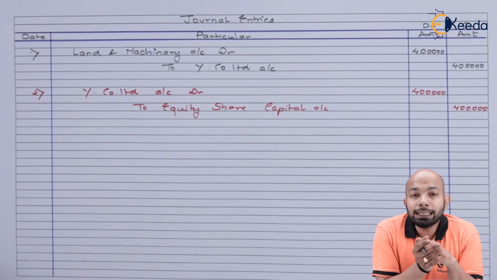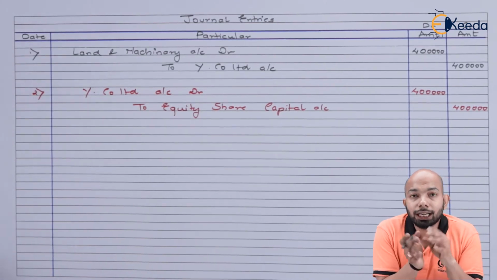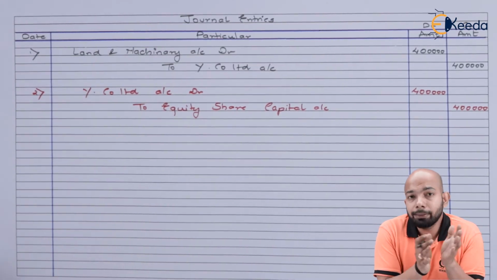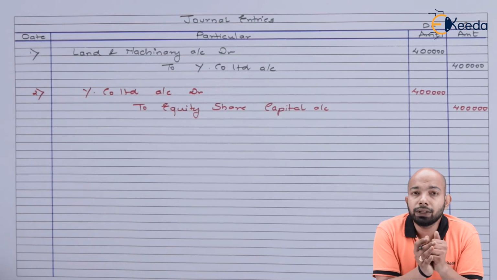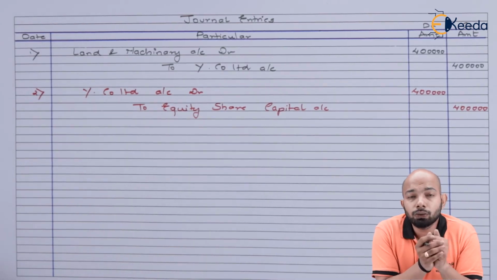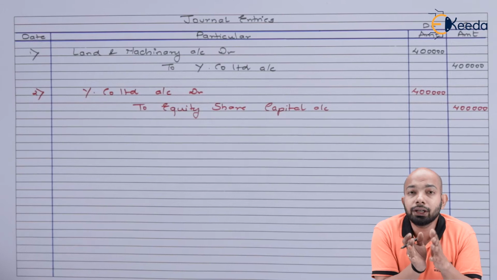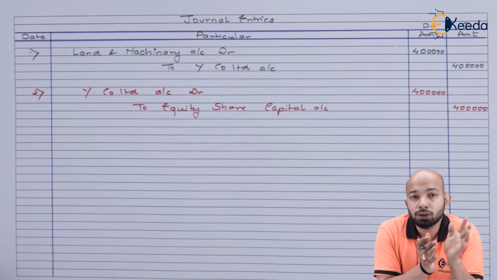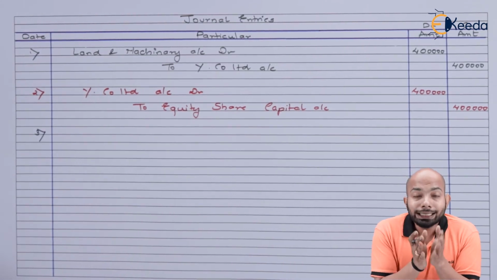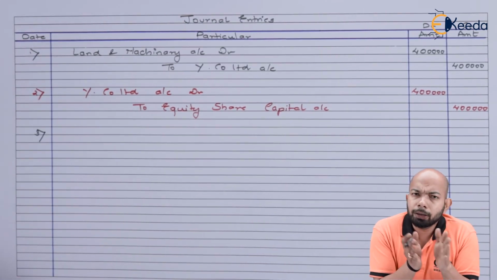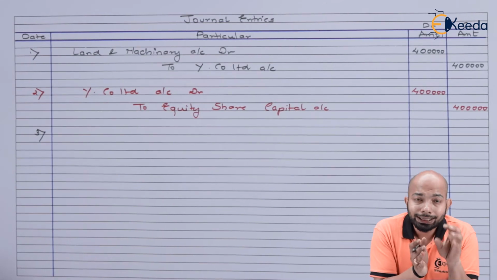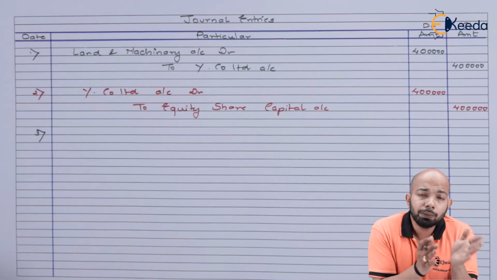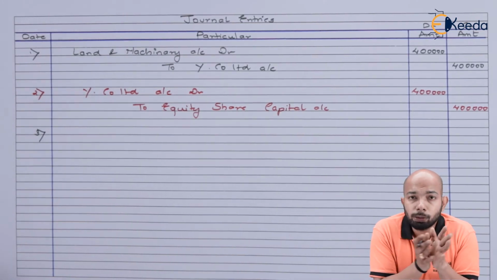Now, the next entry will be, as per the question, that the balance shares were issued to the public and they were fully subscribed and paid for. That means whatever amount we asked for, we have received it. Everything will go under the category of share capital, that means 5 lakh rupees. So here, equity share application and allotment both we are taking together. Hence the entry will be bank account debit to equity share application and allotment. Amount will be 5 lakh rupees.